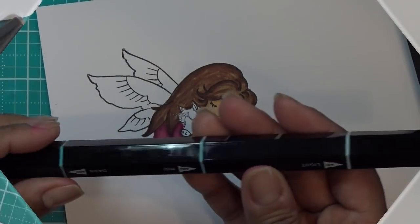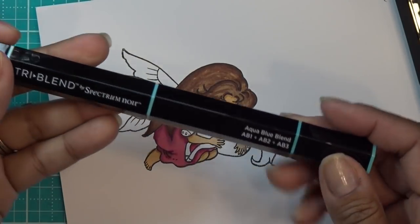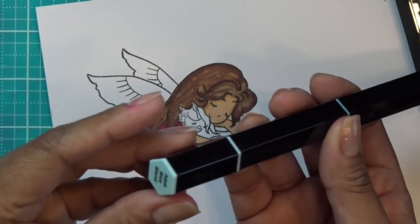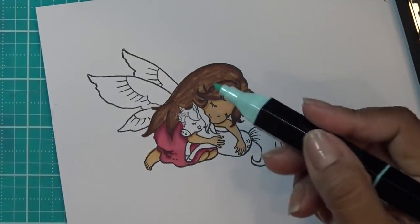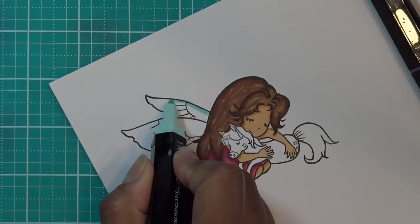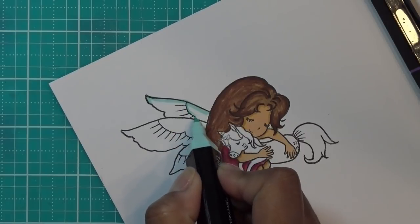Okay, so for her wings and for his little body, I'm gonna use this aqua blend, but if you have the colors, you can use AB1, AB2, and AB3. So we start with the light one. Actually, on this one, I'm only going to use the light one. So what I usually do for wings like this is I'll come in and just kind of trace them a little bit. Suppose this is soft, and it's very...